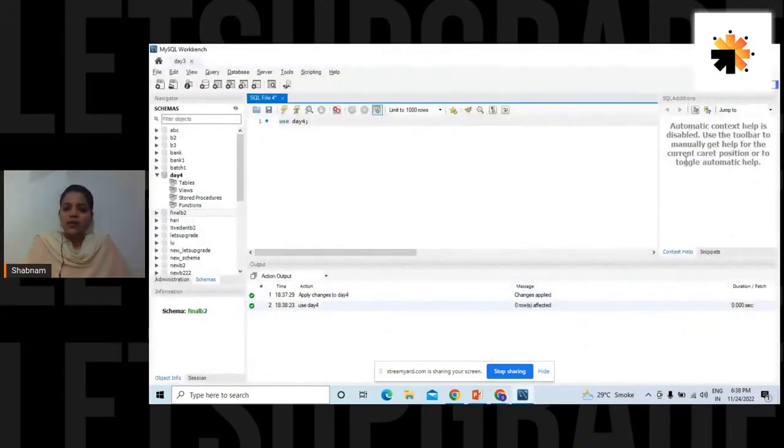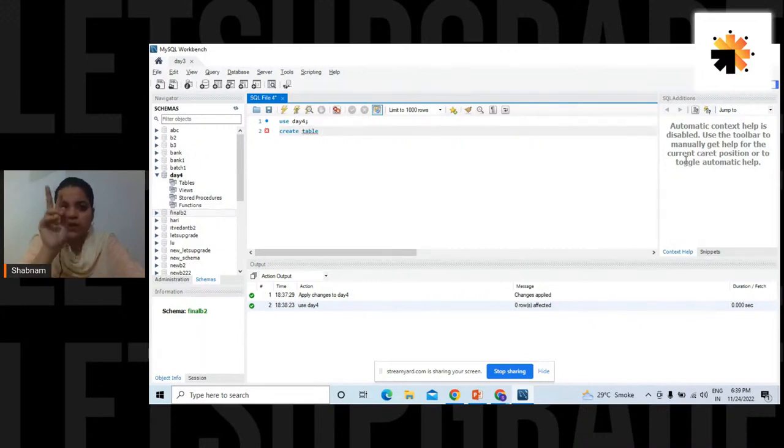Let's go create a table called student. Okay, I create a new table that's student. The table is something we were creating yesterday. Okay, that's create table. The two words are part of the syntax of the create table query. Create table followed by the table name. Say the name of the student table is student itself.